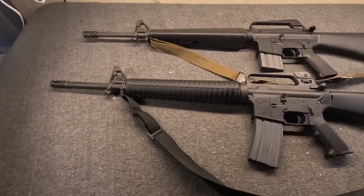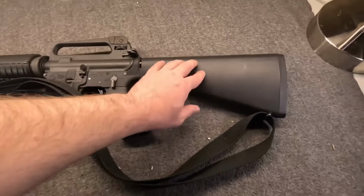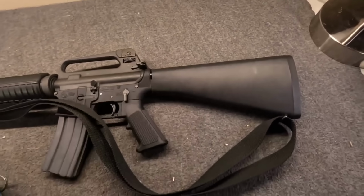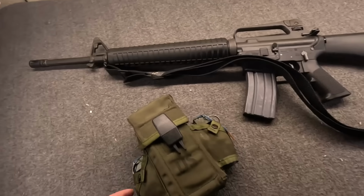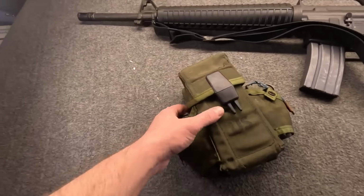And of course, we had some new equipment come with it as well. We have a more or less standard cleaning kit in the buttstock, although the sight adjustment tool had to be changed for the new A2 front and rear sights. Well, really front sight, I should say. And we had many